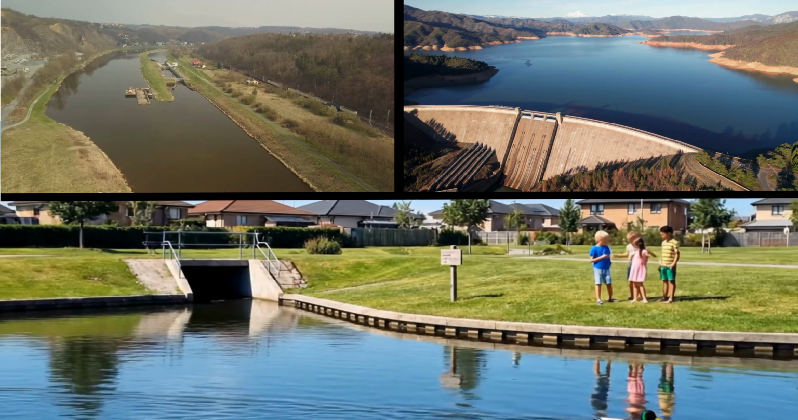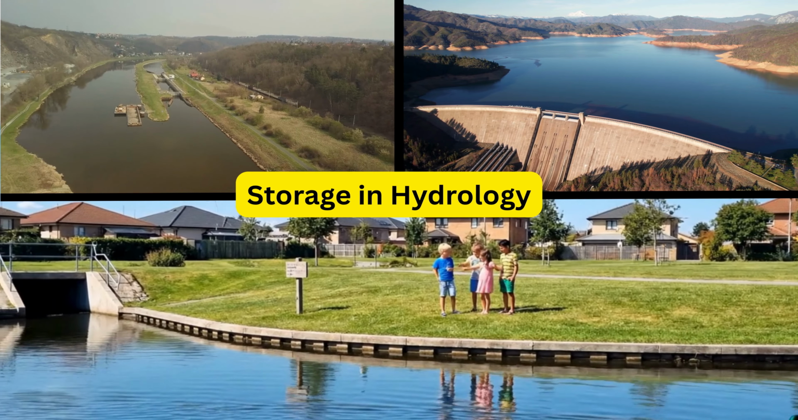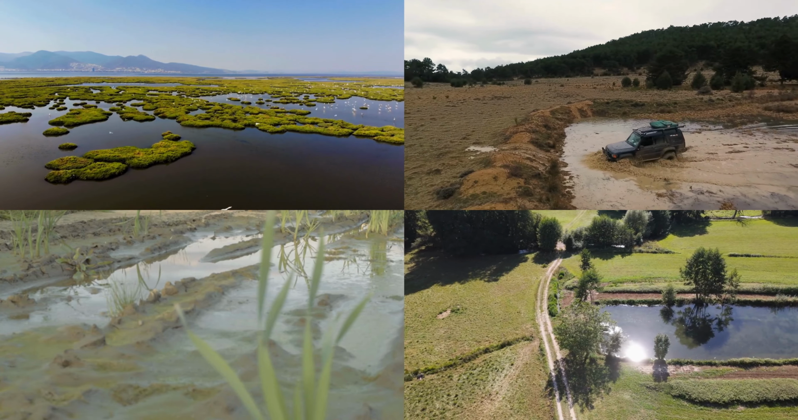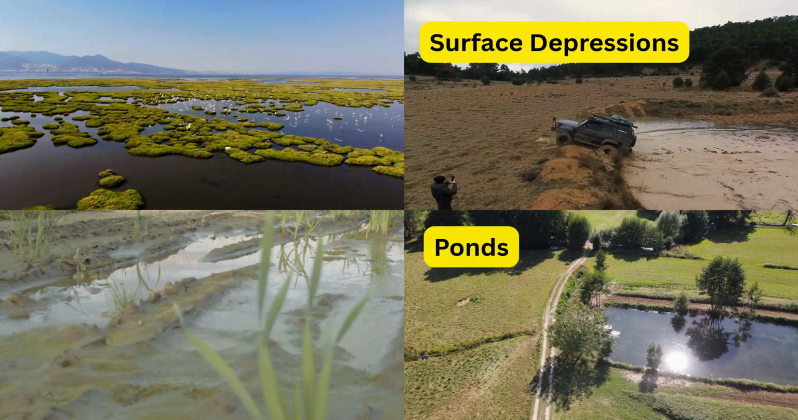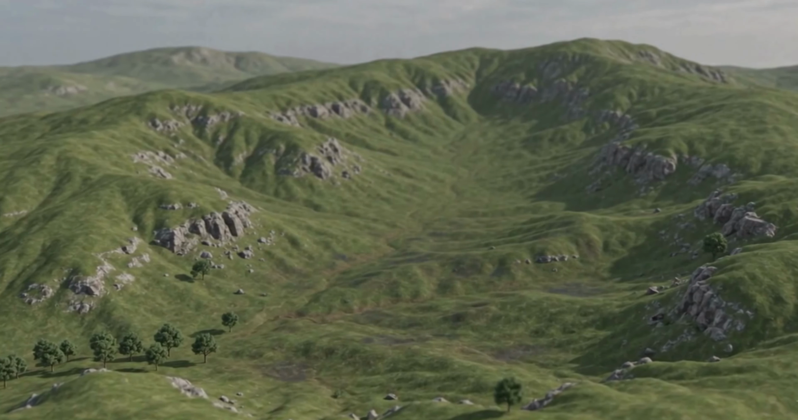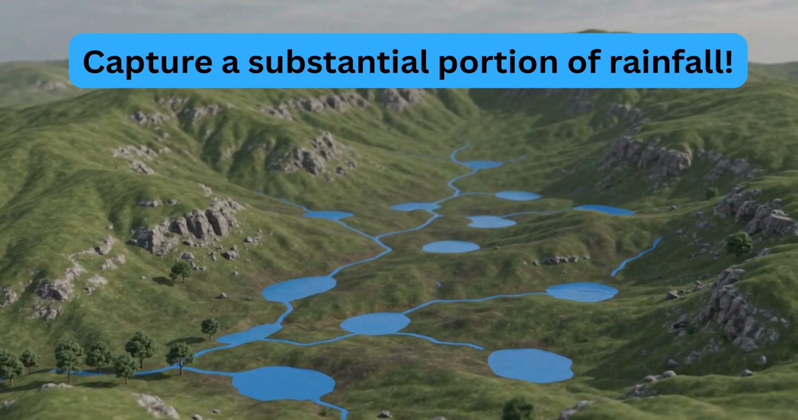Today we will break down why surface depressional storage matters, why it is so often neglected in hydrologic modeling, and how we can quantify and incorporate it into our models. Stay with me. When we think about storage in hydrology, we usually focus on major reservoirs, channels, or detention basins. But across real catchments, there are thousands of much smaller storage elements such as surface depressions, ponds, wetlands, and micro-topographic roughness. Individually, they may seem insignificant, but collectively, they can capture a substantial portion of rainfall and strongly influence runoff